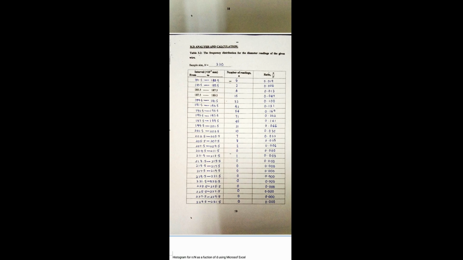B.1, the data. The data that we get is from the reading of a micrometer, and the number of samples is 320. The number of readings is n, and the ratio can be obtained from n divided by sample size. This is the histogram for ratio as a function of diameter using Microsoft Excel. We insert the data that we get and plot the graph using Microsoft Excel to get a smooth and nice